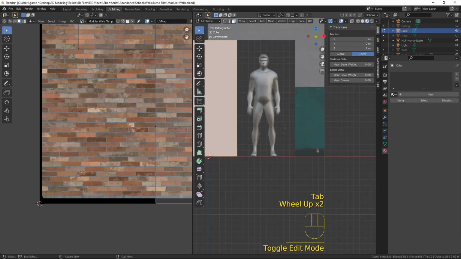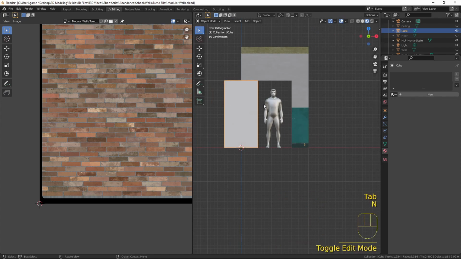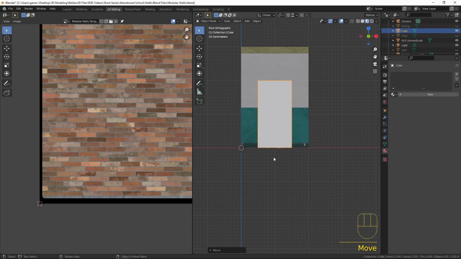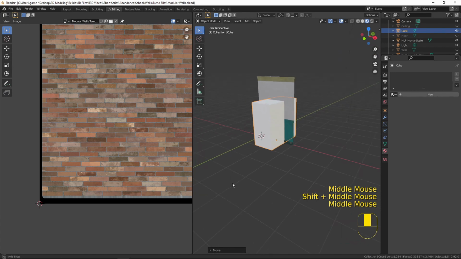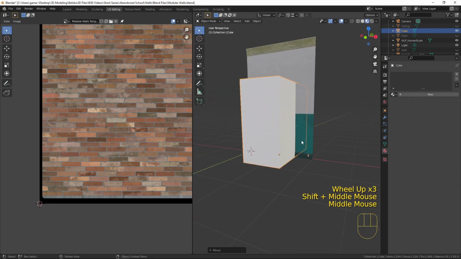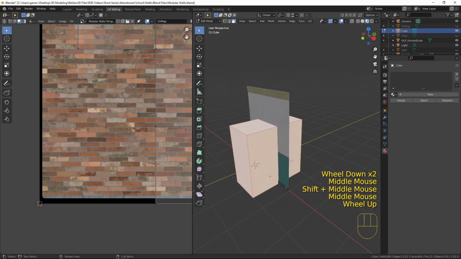So now what I can do is, in object mode, I can press G X to move it along the X axis and press Control, and it moves it directly to that line there. And we have that in the perfect place right there. So let's go into edit mode,